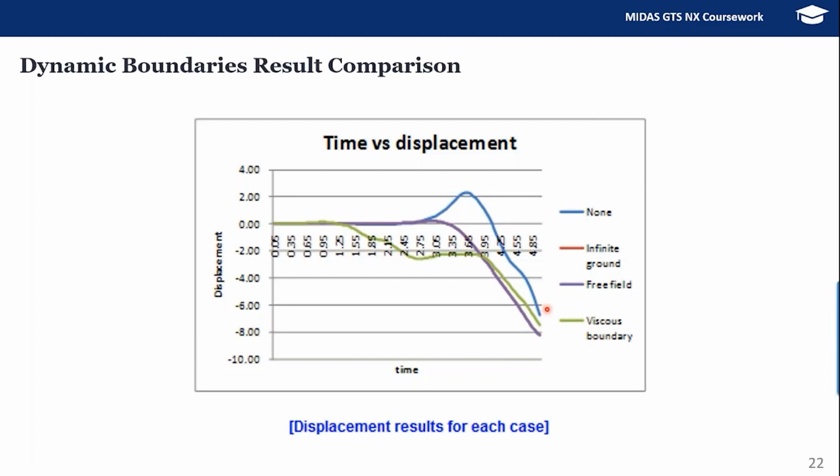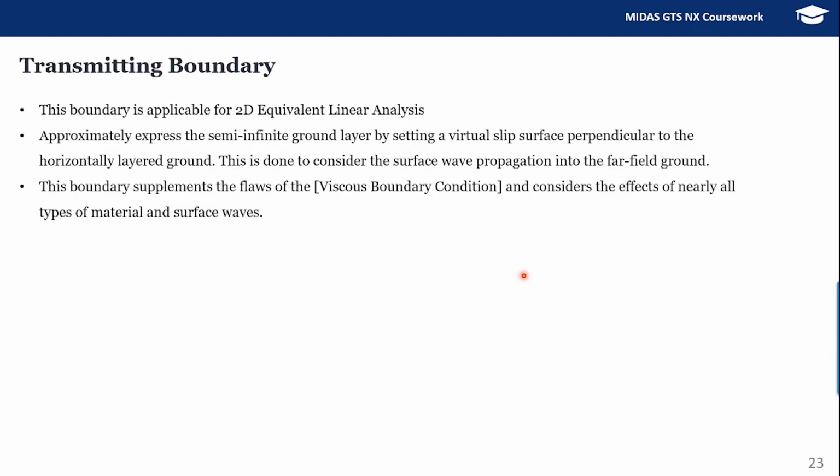So in terms of viscous boundary, when you apply it, you can see the behavior, how it is changing. This behavior is because there is no propagation of waves in the viscous boundary. It's just eliminating the reflected waves. Hence, you can see the change in the results over here. So this is the result comparison, and hence we are going to model the free field condition in this current session. And apart from that, we have one more